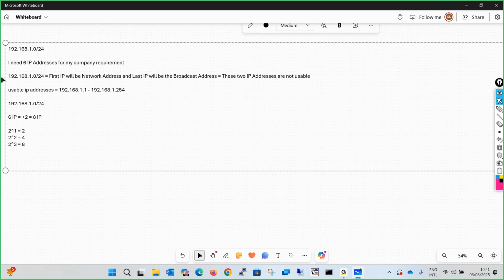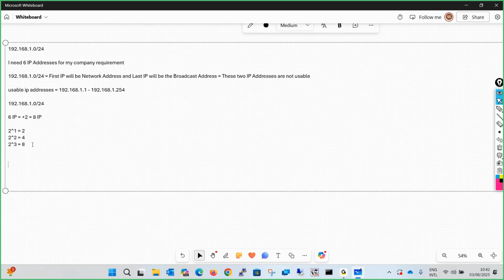Okay, so we have discussed that the customer needs 6 IP addresses, and we know that in every subnet, two IP addresses will be of no use. The first one is the network ID, and the last will be the broadcast ID. So always you will be adding plus two to the requirement. Now the total comes to 8 IP addresses. So the 8 IP addresses you are going to give to the customer will be